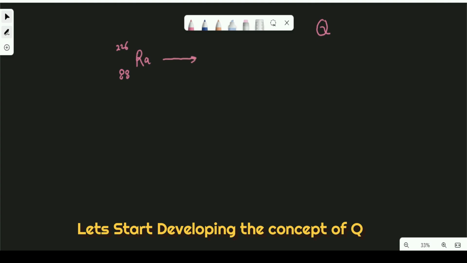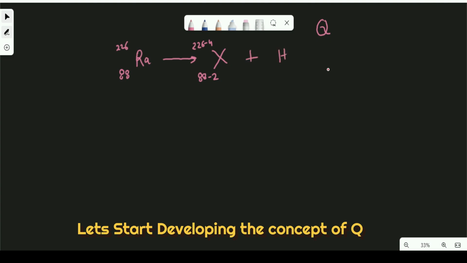It breaks, and what it becomes, we don't know. Forget it. So it becomes some X, and we know 226 minus 4 because this is a situation of alpha decay. Alpha decay I have already explained, minus 4, and you will write 88 minus 2 here, and an alpha particle